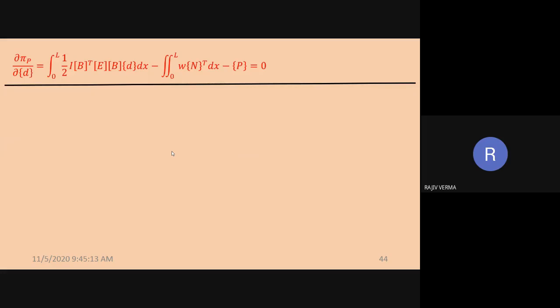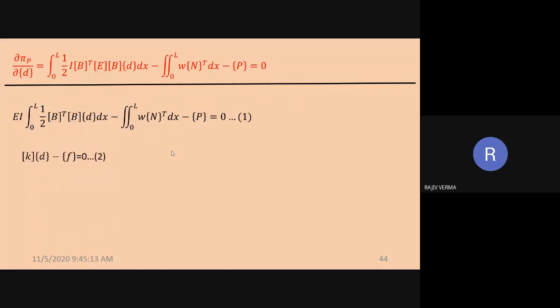This is equation number 0, in fact derived in the earlier class, in the earlier slide. So we have simply simplified. E happens to be a constant quantity. I also happens to be a constant quantity. So these two terms have been transferred outside the integration, because E and I are constant quantities, they do not depend upon x. So obviously they have been transferred outside. So we get equation number 1,